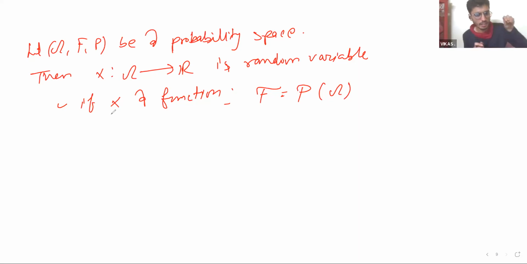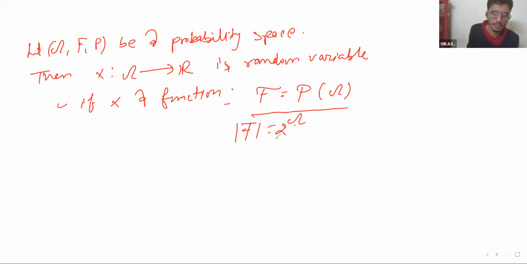What is meant by a function? You just have to take the input, one point from the domain, and put it on a member of the real line. You just define the image of that point to be any real number. Explicitly, you can define the same image as well. So this will define a random variable, but take care that this event space is the power set of omega, that has cardinality 2 to the power of the cardinality of omega. So this will be a random variable.